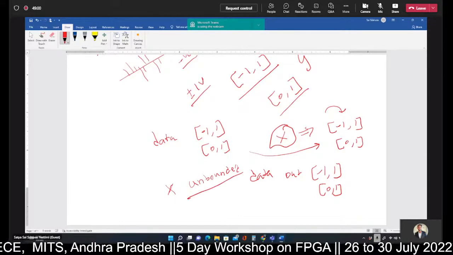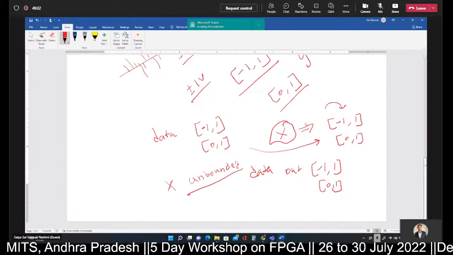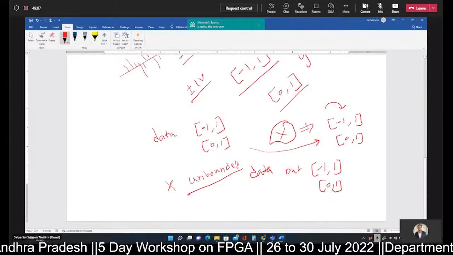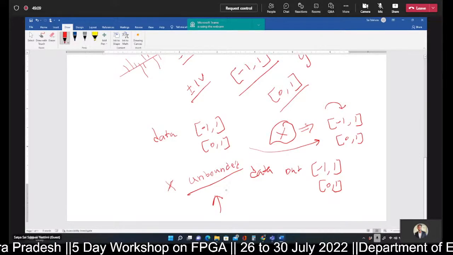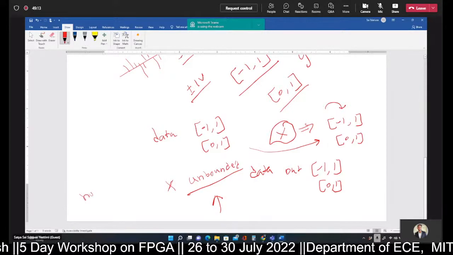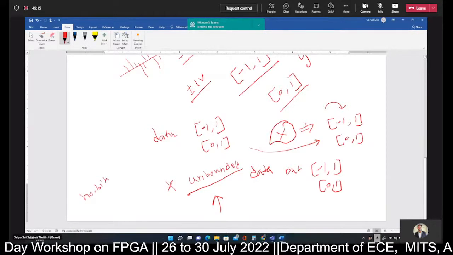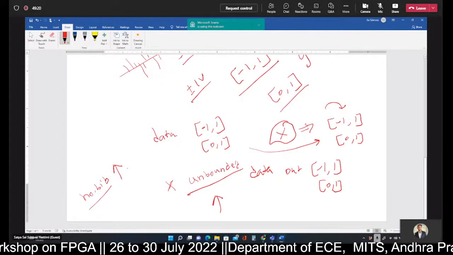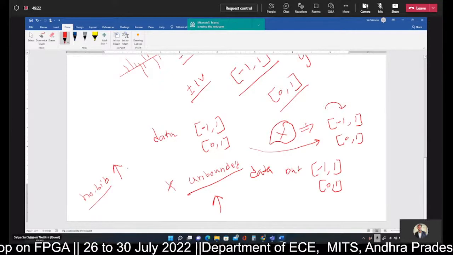You can just multiply and check. There is no fixed boundary, so it is unbounded. It scales up, it increases. So again, in order to represent that number, the number of bits required also increases drastically. So as the number of bits increases, in order to hold them in a register, the size of the register